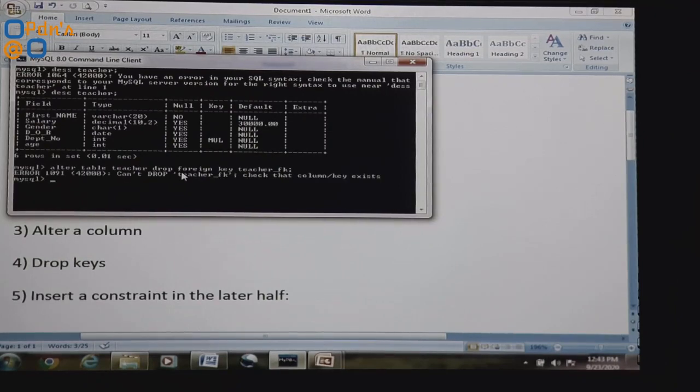Press enter. See, error: check that column key exists. Okay, so I have not named it teacher underscore FK. Instead, I have simply named the foreign key constraint as FK. So alter table teacher, drop foreign key FK. Error, can't drop FK. Check that column key exists.